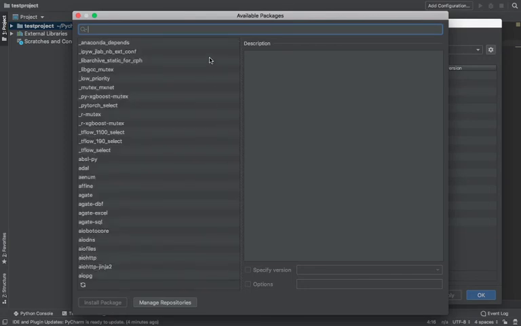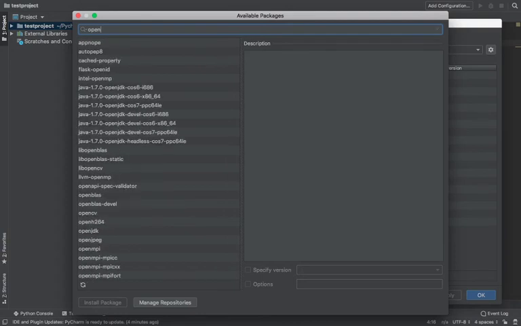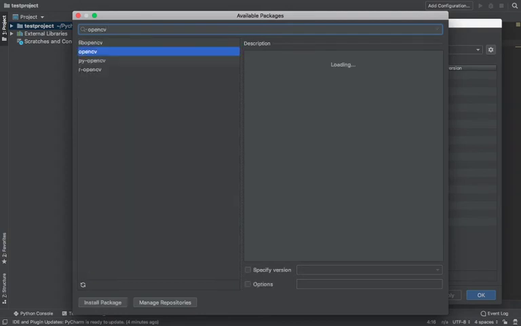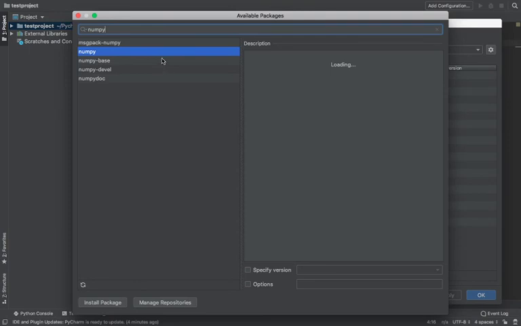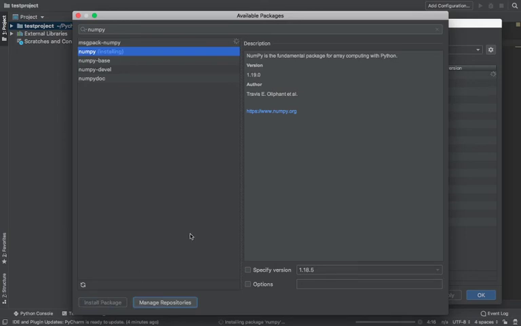Yeah, so I am installing OpenCV and NumPy, version 1.19.1 or something like that. Install package. So click install package.